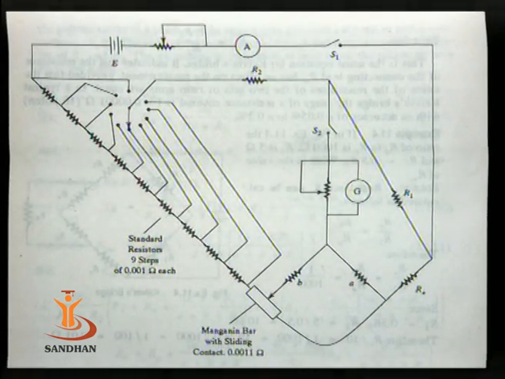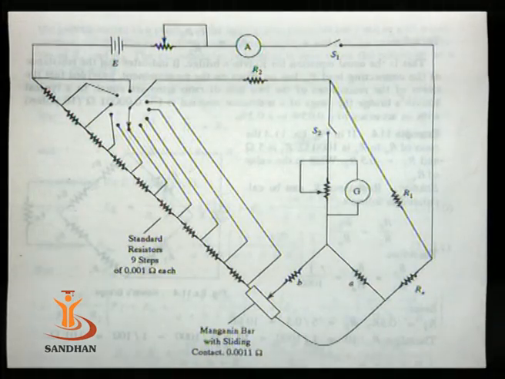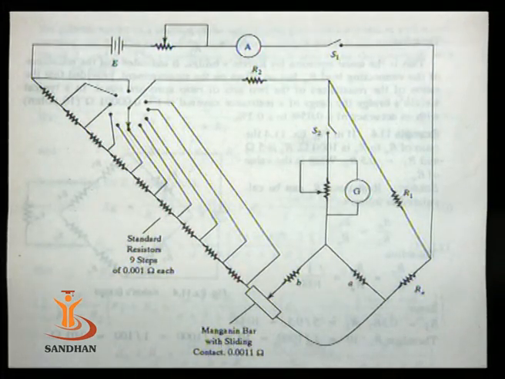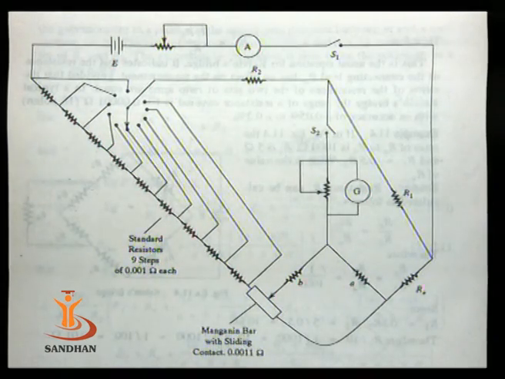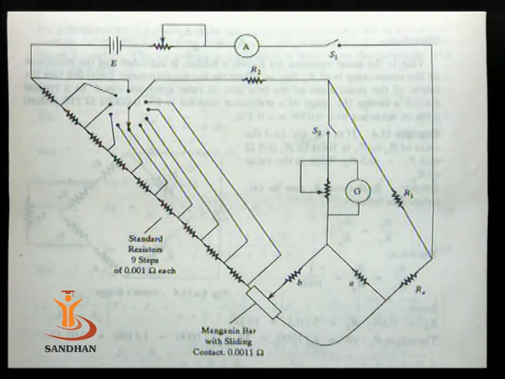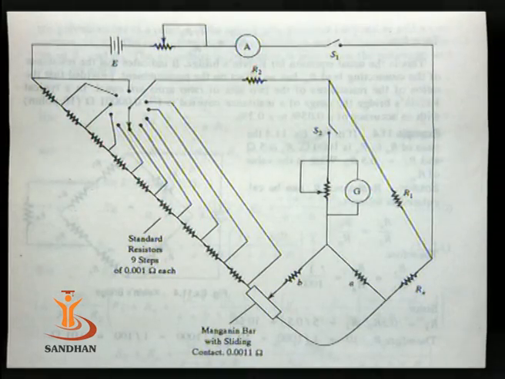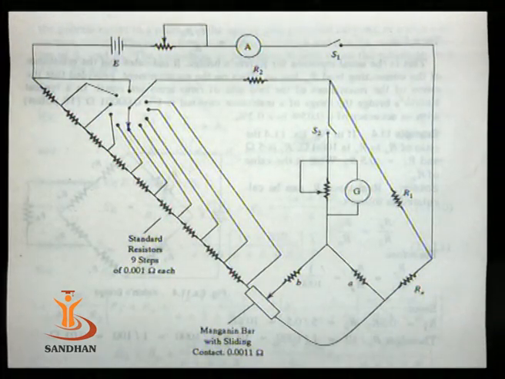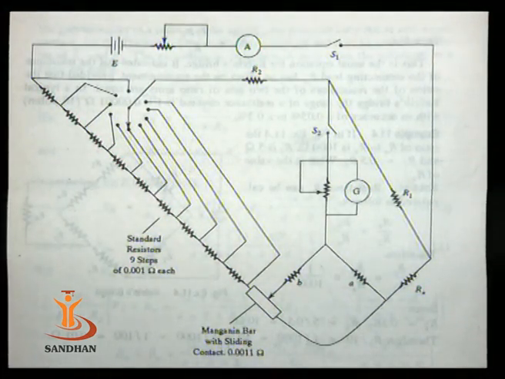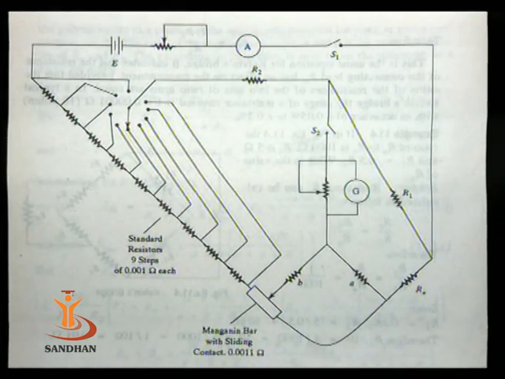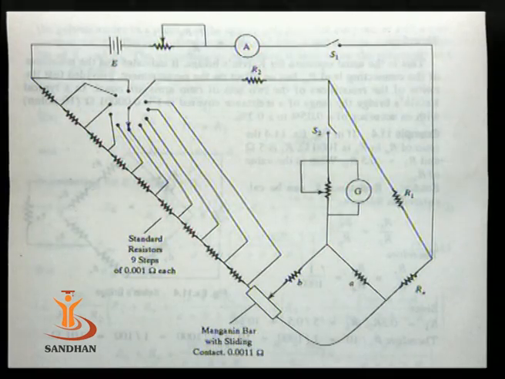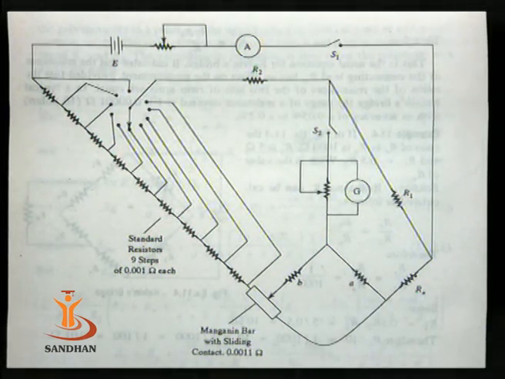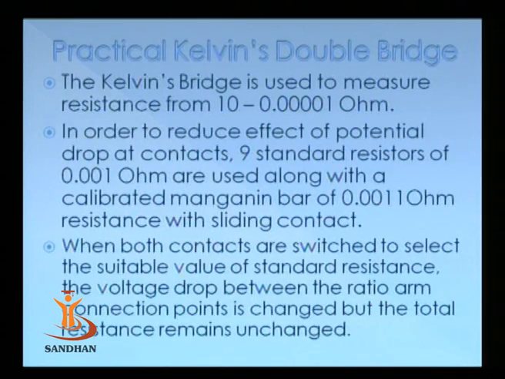The practical Kelvin's double bridge is used to measure the values of resistance starting from 10 ohm to as low as 10⁻⁵ ohms. In order to reduce the effect of potential drop across the contacts, 9 standard resistors each of 0.001 ohm are connected in series along with a manganese bar of calibrated value 0.0011 ohm connected with a sliding contact. Now in this particular diagram we can see that R1 and R2